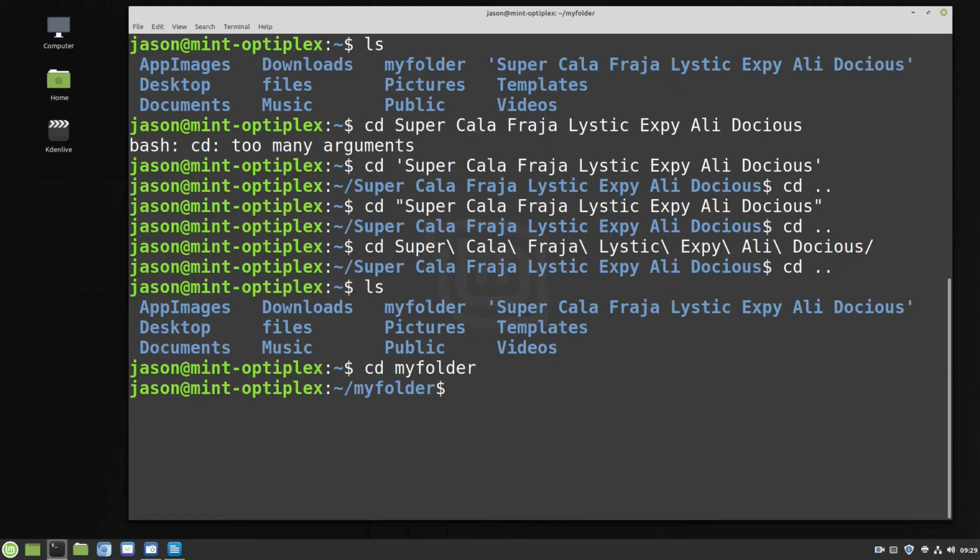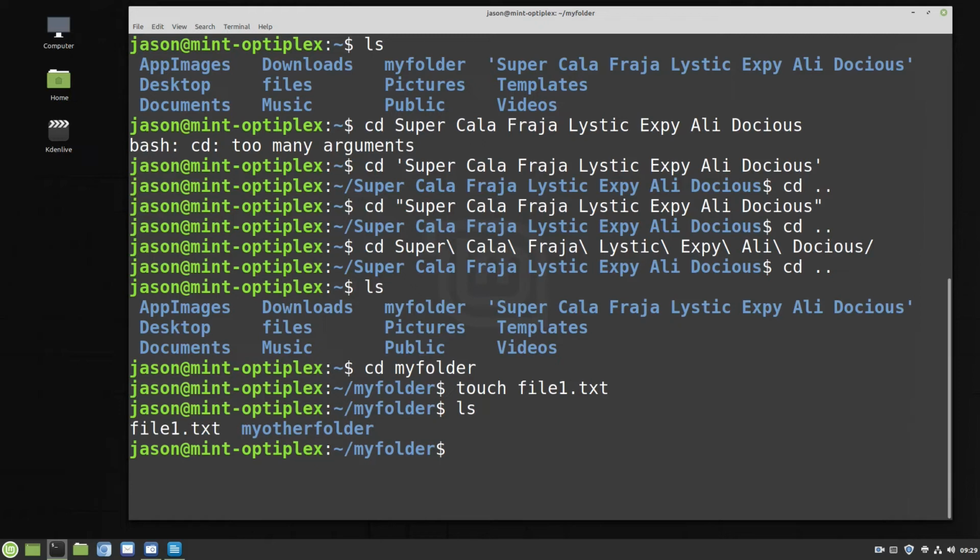And to create a file under here, we can use a command called touch. So literally just write the word touch, put a space, and then we can name the file what we want. So let's call it file1.txt and press enter. And now if I do an ls, we can see that we have a file1.txt under